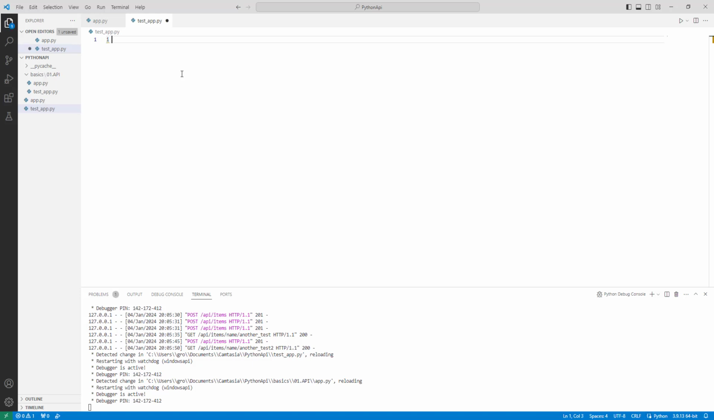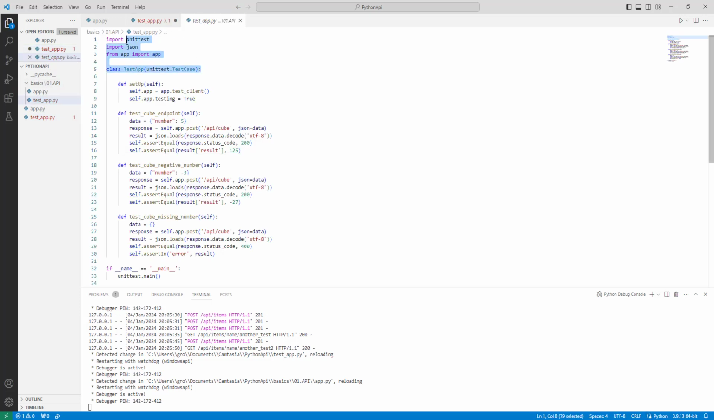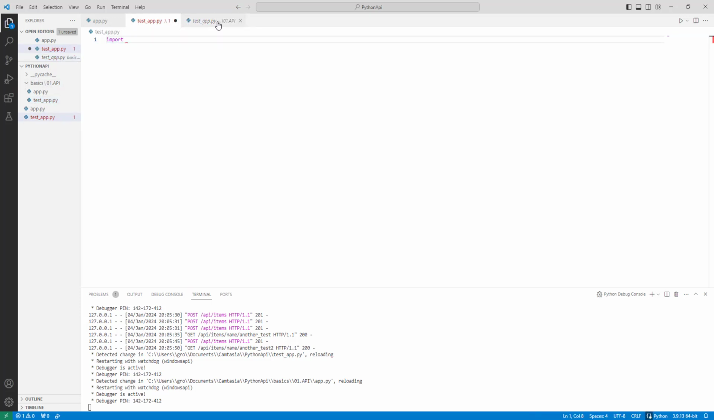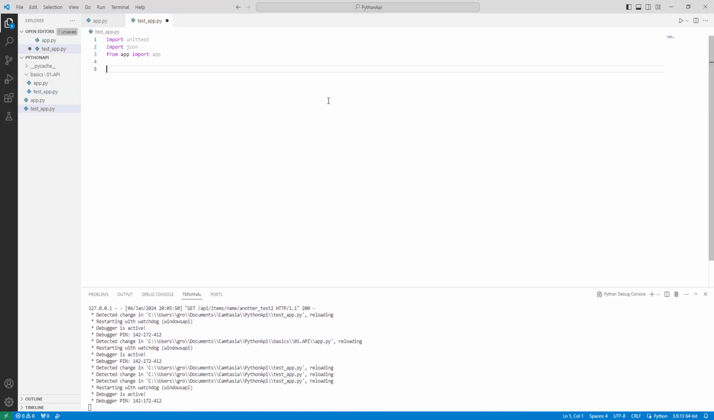Pretty much empty. Start importing stuff, or I can actually copy a few stuff like the imports from the previous video. Yeah, okay, I'll just copy this, nothing else. So importing unit test, JSON, and from app importing app. The important thing is that because we haven't specified like address, it is importing the one that is in the folder of the test app. Yes. So class test app